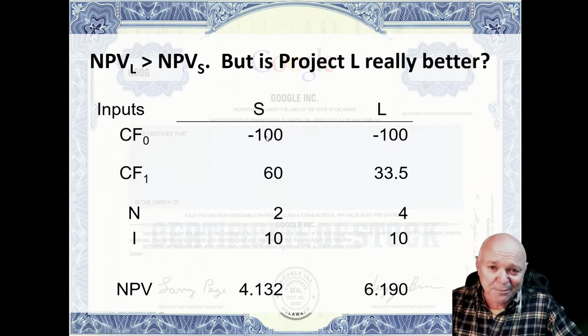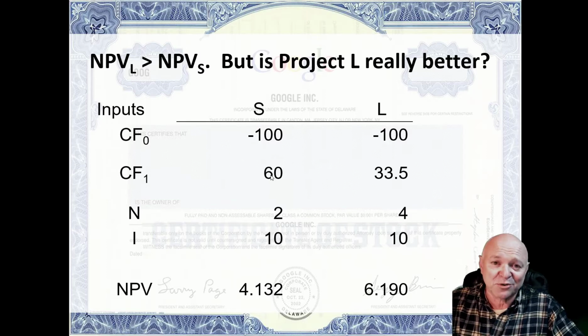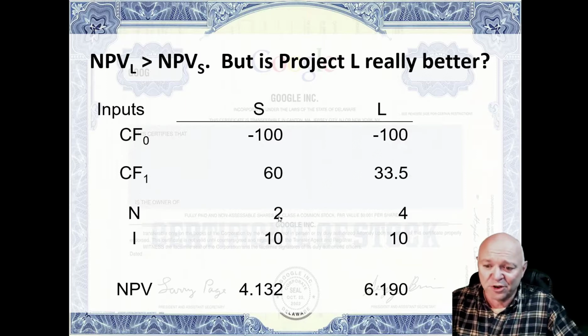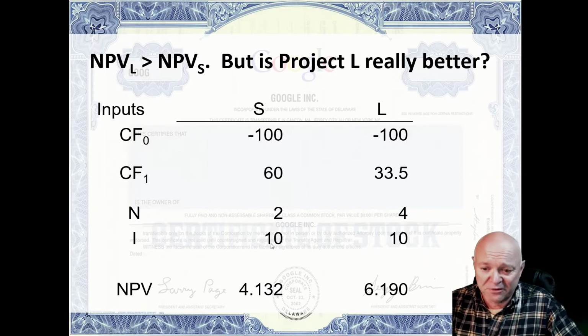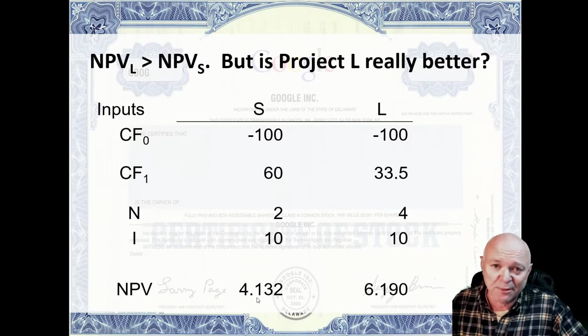For the hybrid electric vehicle with the $60,000 per year cash flow for 2 years, cash flow in year 1 would be $60,000. Cash flow in year 2 would be $60,000. So we have a frequency of 2. We have the interest rate of 10%. And if we solve for the NPV, we'd see that the NPV of the first project, the hybrid electric, will be